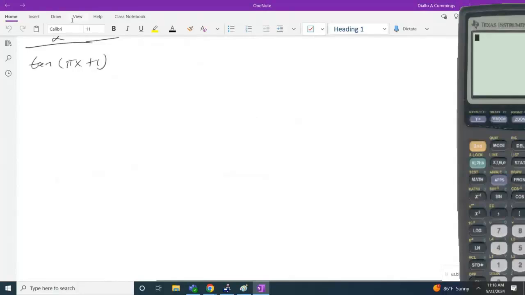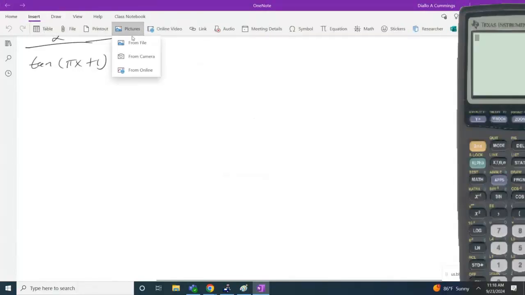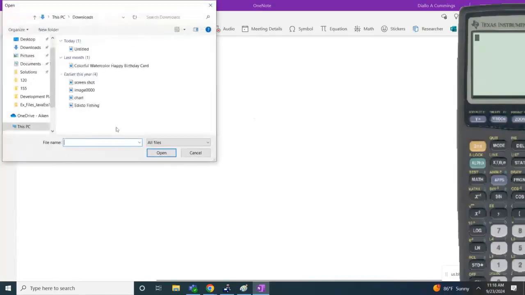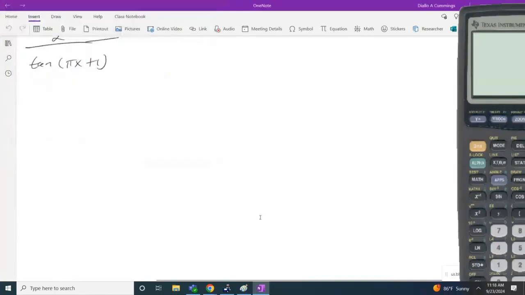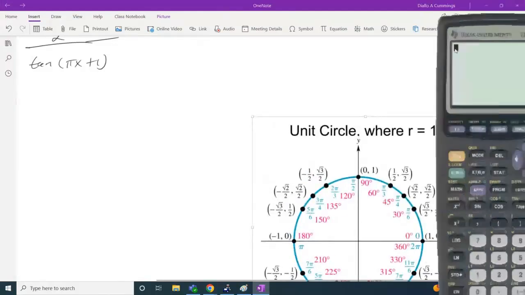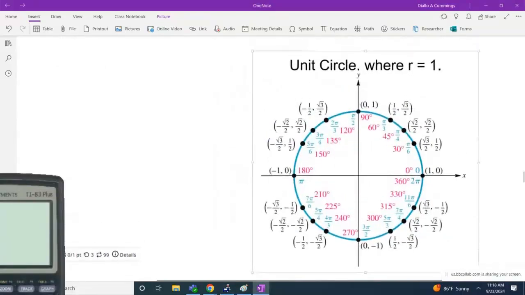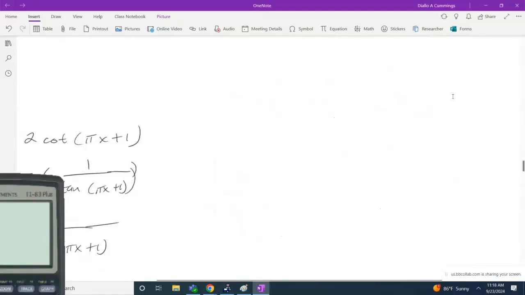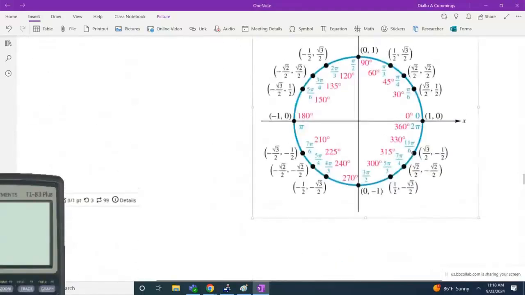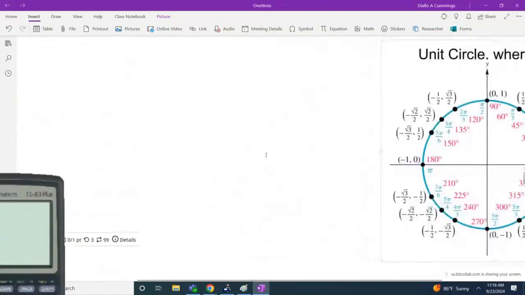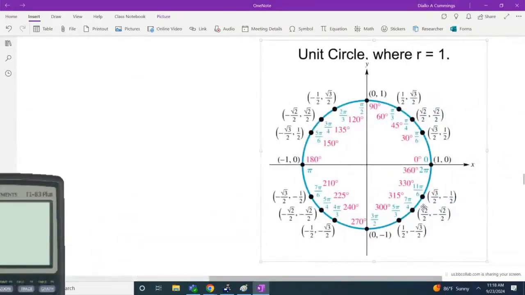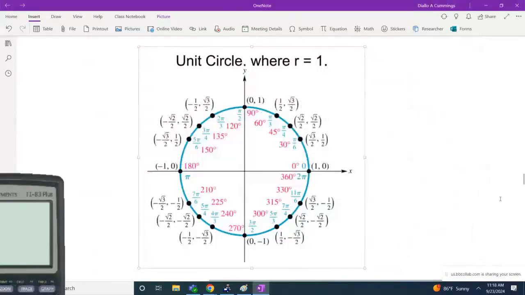So I'm just going to pop this in really quick. Okay, so this is just as a visual. The arc sine is going to be located from pi over 2 to negative pi over 2. As you can see from the unit circle,